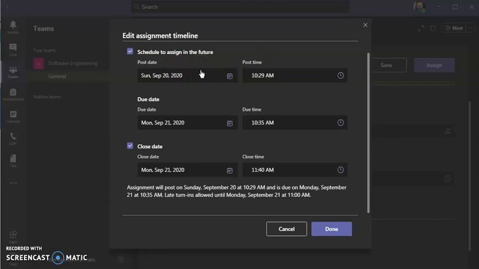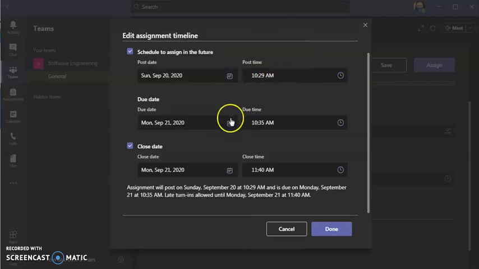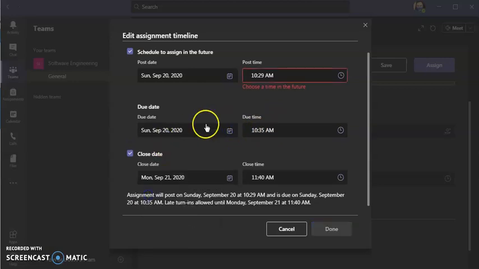Assuming you want to send this quiz to the student at 5 p.m., that is in the evening on a certain date, you can send this. You can set 5 p.m., then only it goes to the student. So I have chosen 10:29. The due date, the student is supposed to answer the quiz by 10:35. On September.